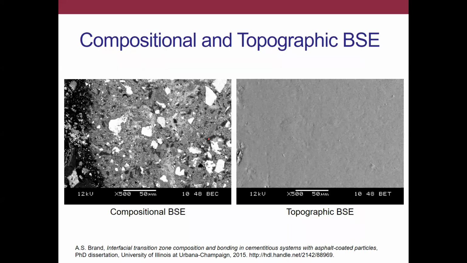And just to show you how smooth these surfaces do become, the right-hand image there is also a backscattered electron image, basically showing surface roughness. And so this is the sort of level of fineness that you need to polish the surface to be able to do these types of images.